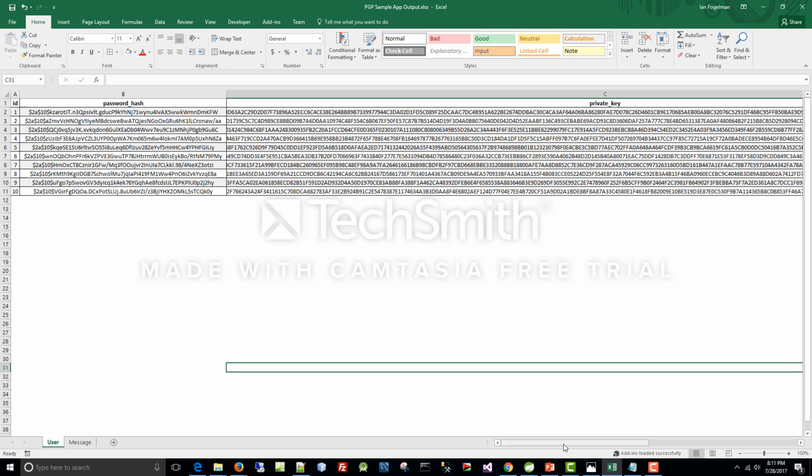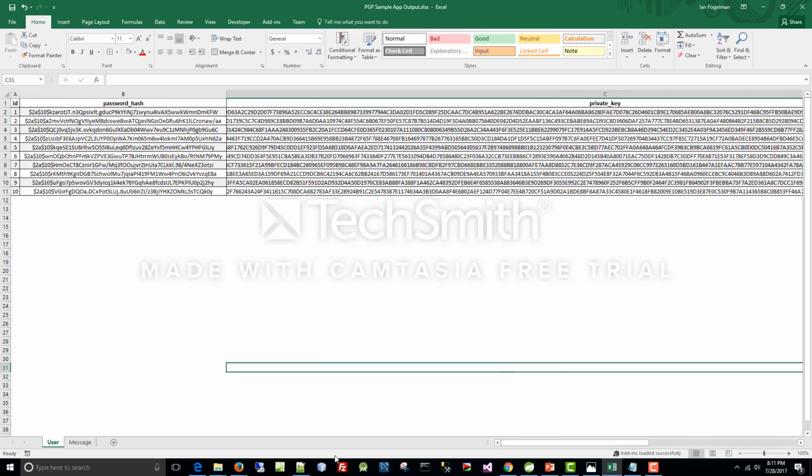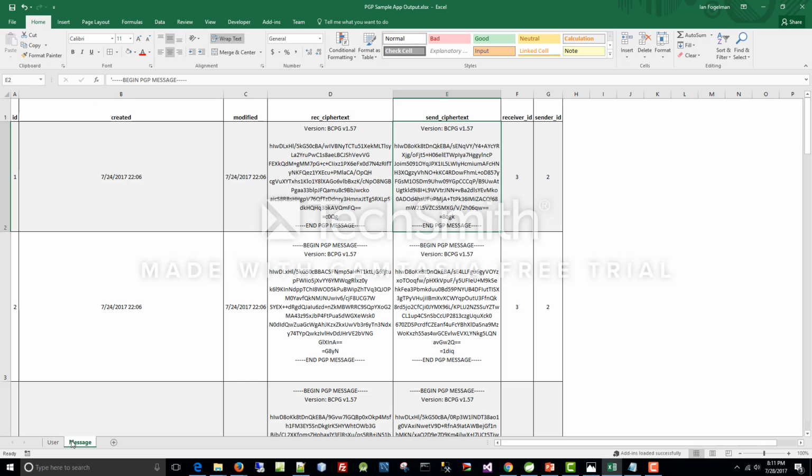And next up we have the private key, which is assigned on a user level. As soon as you create that new user account, you get assigned a private key as well as the public key, and of course the username that you choose for your login. And the next model we have